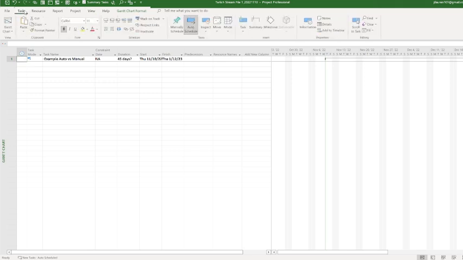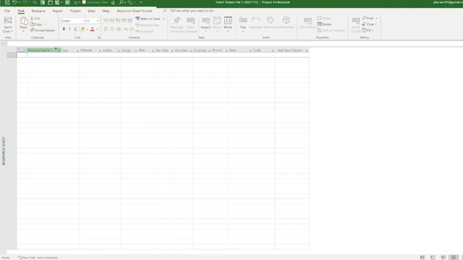So we're going to go to task. Now we're going to go to view, Gantt chart. We're going to do resource sheet. And as I said, we're going to put in our people, materials, whatever, right? So let's just say we just do people for right now, okay? As I said, we can do other types of resource types and calendars and so forth in a different stream if we want. So let's just say we got Peggy,